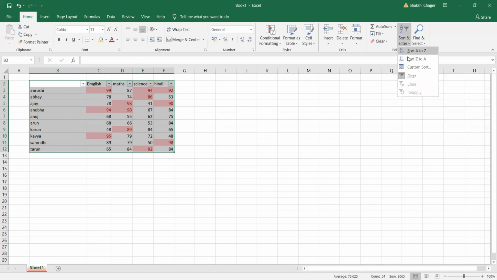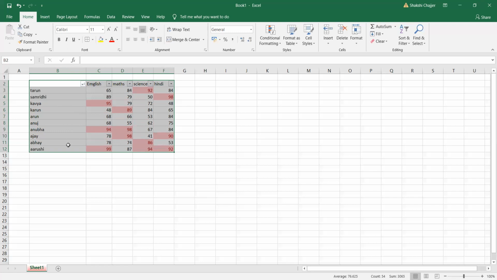Yeah, if I want to sort from Z to A, if I click on this, the entire thing will get changed. Earlier, what was happening? Only the first column was getting changed. It was sorting as per the name, and everything else stayed the same. So there was a confusion with the marks. The marks which Tarun scored went to Abhay. The marks Abhay scored went to Arun. So always remember, whenever you are using the sorting option, you are always selecting the entire table.